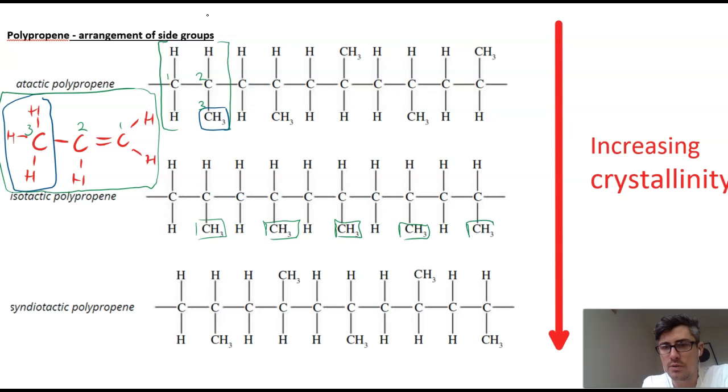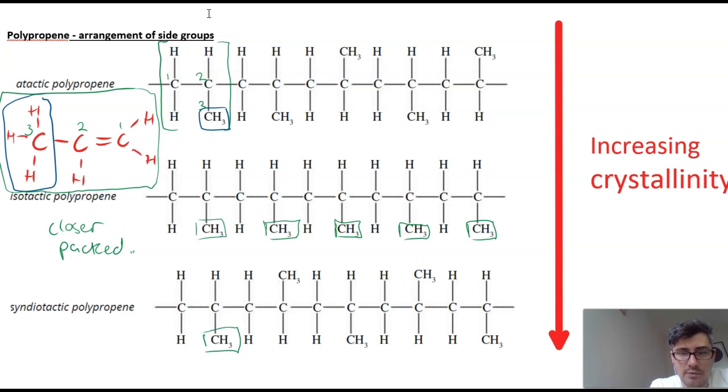This is quite a crystalline structure, and that's because the chains are able to get closer together and pack in a more ordered fashion. Okay, so they can get closer together and they're closer packed. Okay, therefore more crystalline. Then we've actually discovered that we can actually alternate, but in a regular order,